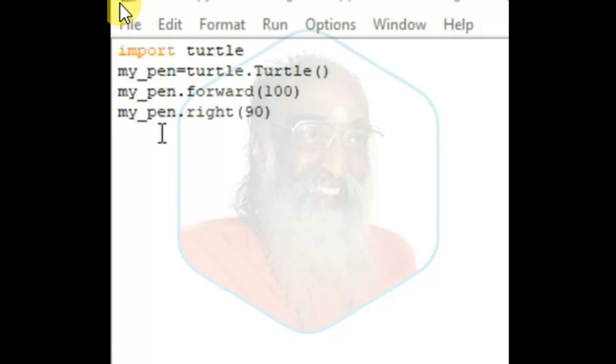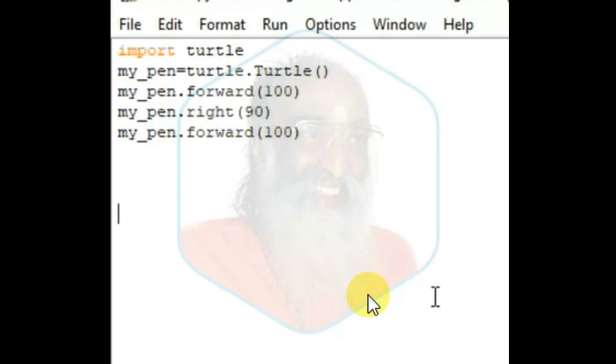Let us give a few more commands here. Object with the instruction forward, and within the parenthesis we give the length. This makes the turtle move forward with a length of 100.